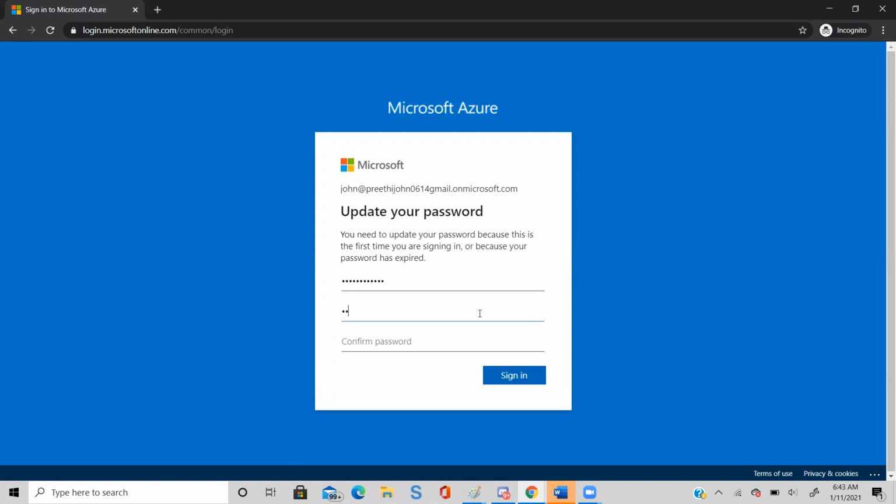Then instead of an E, just put hash, which is on top of that. Hash is on number 3. Then you have a $ sign, which is on number 4. Okay, very good. And then type TY. So it's QWERTY actually, but we are replacing WER with something unique. And then in the last, again type @123. So it's a more complex password.